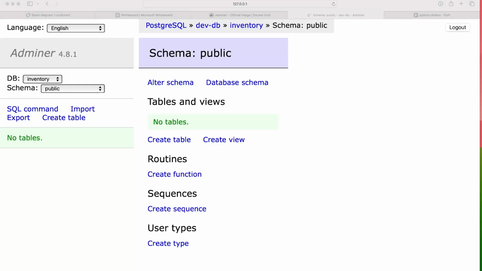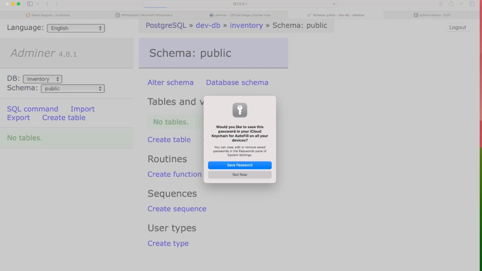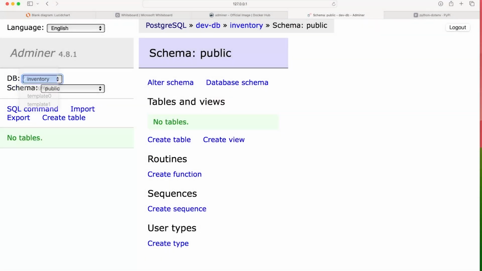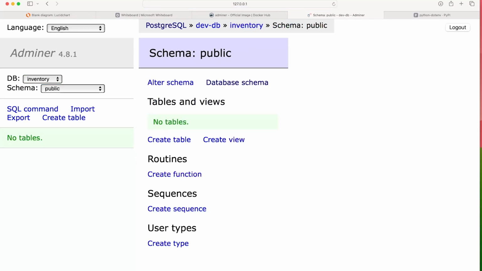Now, if we go into adminer, again, remember that's 127.0.0.1:8080. It will probably ask us to log in again because we have now obviously a new instance of Postgres. So our database should be called inventory. Let's see if we can log in. And you can see our database has been created. Now, what's interesting here potentially, take a look. It doesn't look like our initiation file was executed correctly,